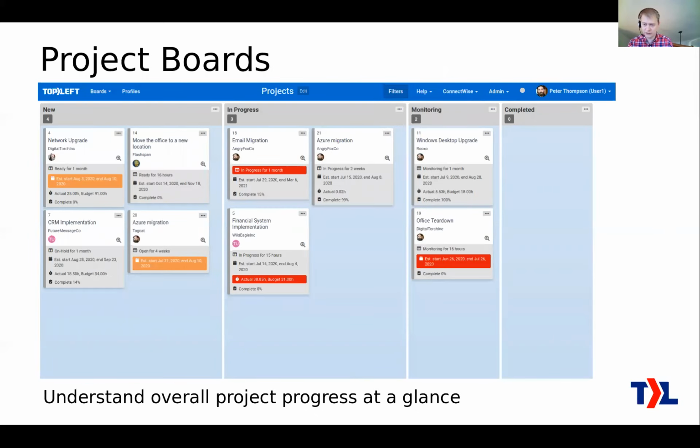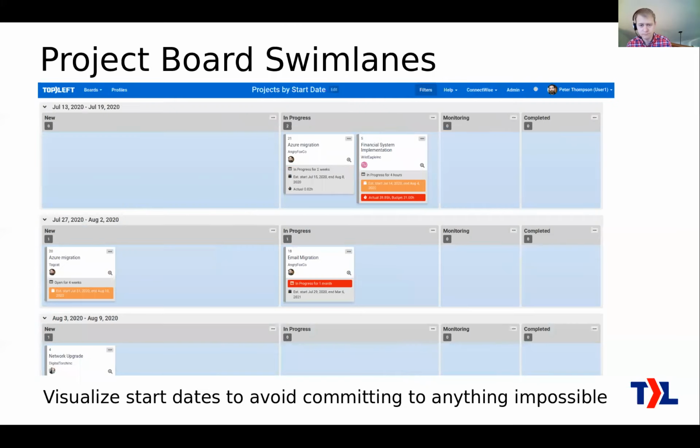And this is an example here. This is a little bit different. This is one that's not showing the individual project tickets anymore. Each card, as we call it here, represents a project. So this gives you a really good view. If you're an MSP that's got 10, 20 or more projects, and you want to be able to track their overall status, then you can use this board, and we can see, hey, we got 3 projects in progress. We got 4 of them that are coming up, and so on.